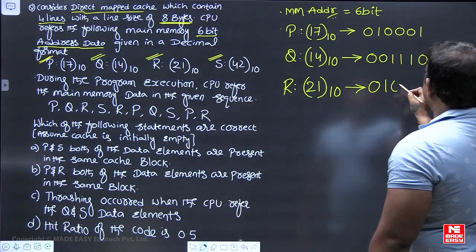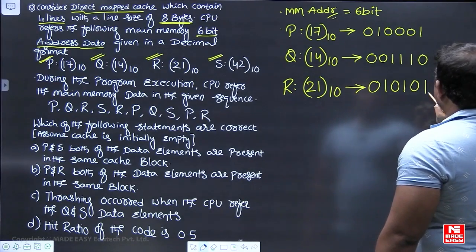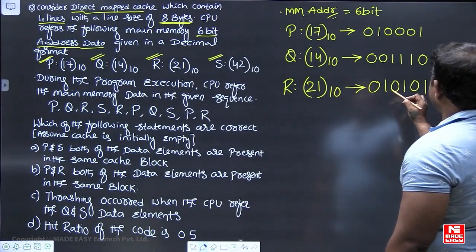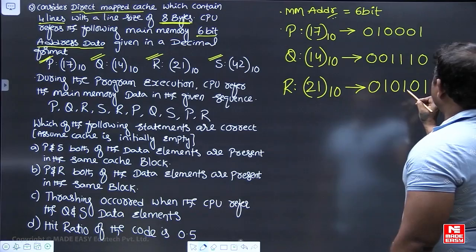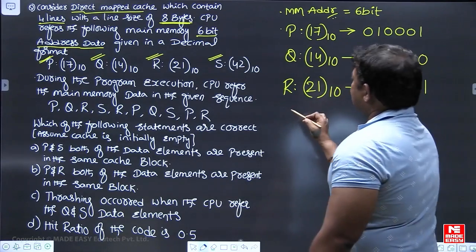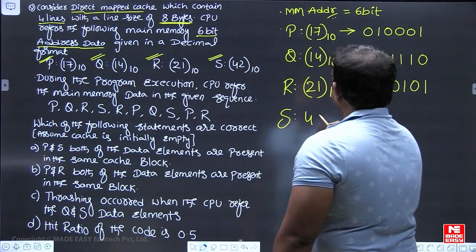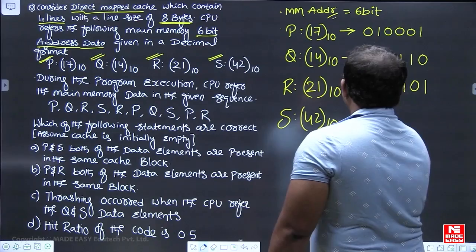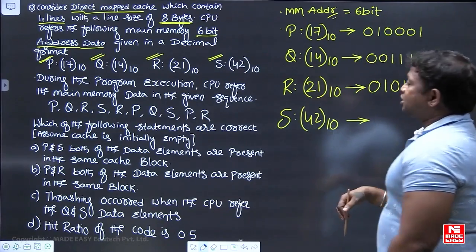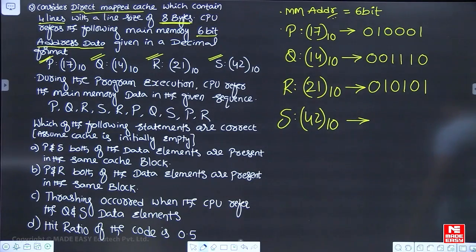Powers of 2: 1, 2, 4, 8, 16. 16 plus 4 is 20, 20 plus 1 is 21. Then yes, 42 in base 10. What is the 6-bit address of 42? The 6-bit address of 42 is